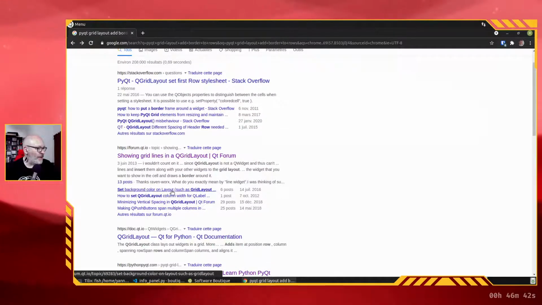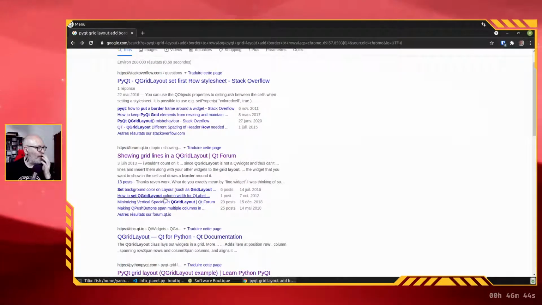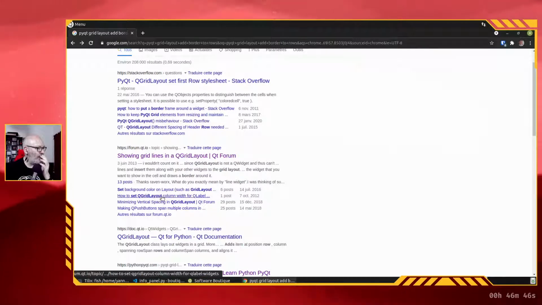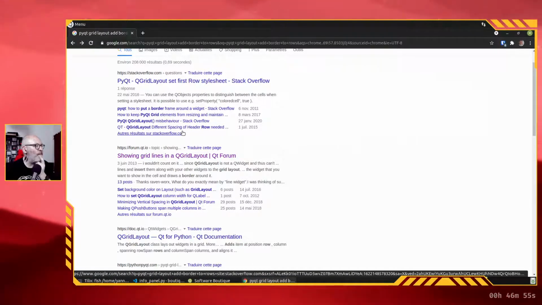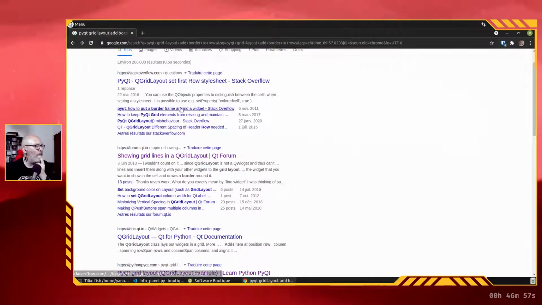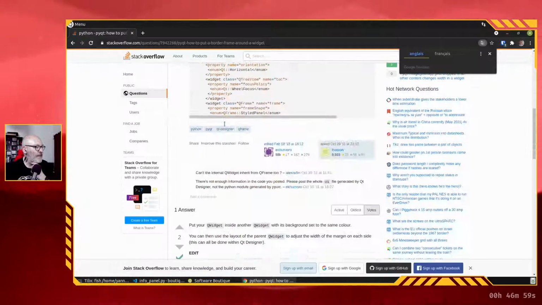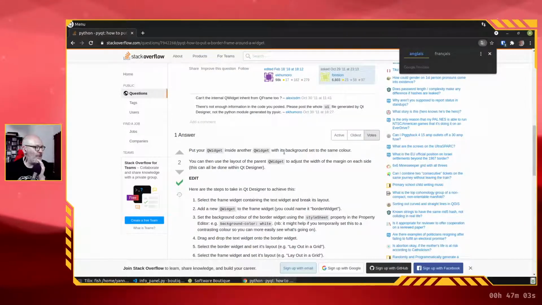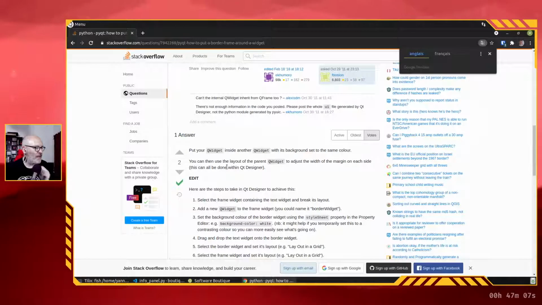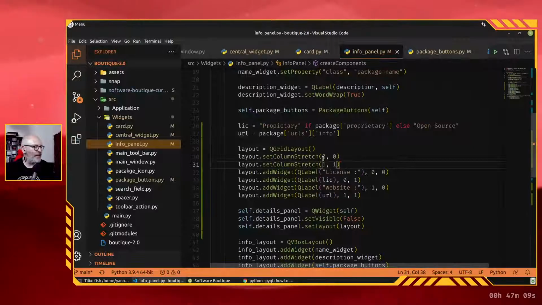Set background color on layout. That's not working. How to set Q grid layout column width? No, that's what I had already. Maybe that. Put your Q widget inside another Q widget with its background set to the same color. Yeah, I don't like that either, but